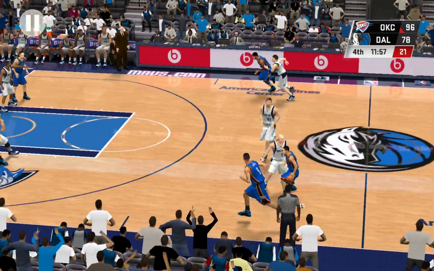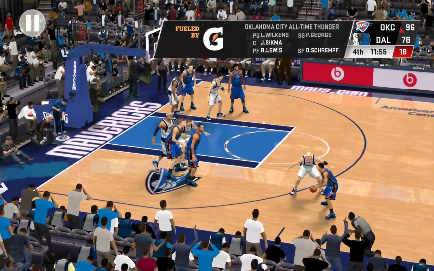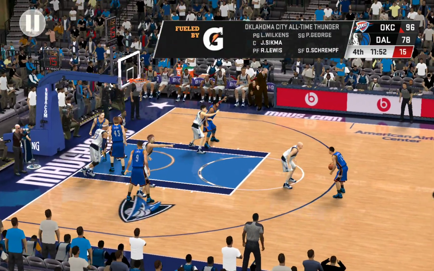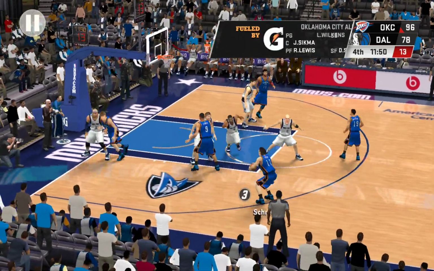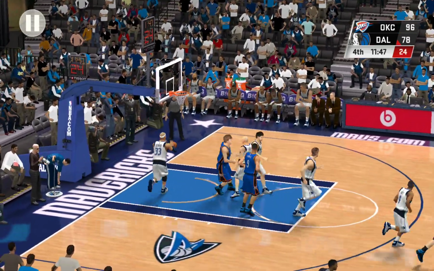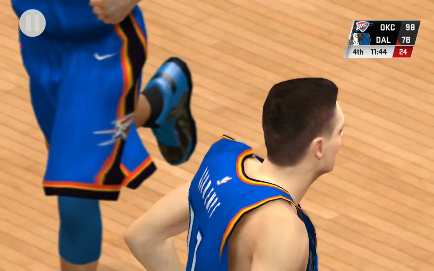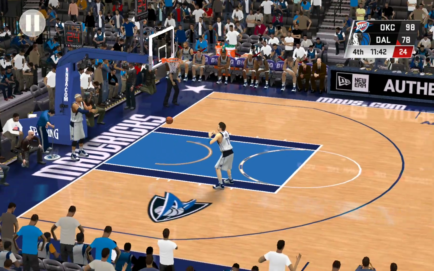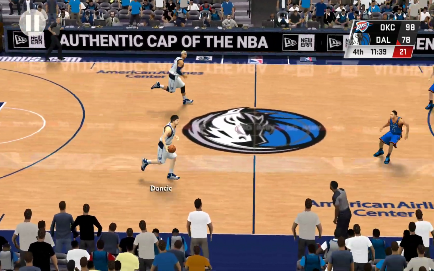Now Wilkins. Pass to Schrempf. Plenty of space. Again, the Thunder score. Nice pass. He got the ball right into his teammate's shooting pocket. On time and on target.